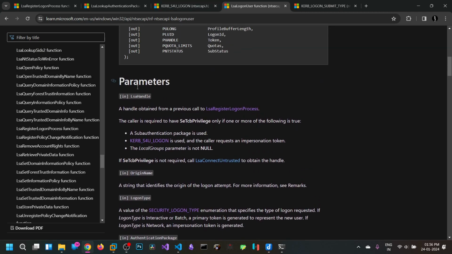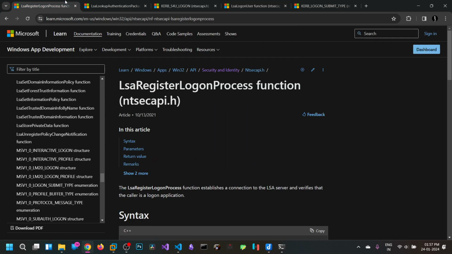And here the documentation also says that the caller is required to have SeTCB privilege only if one or more of the following is true: KerbS4ULogon is used, or the caller requests an impersonation token. That's what we are going to do here. Before that we need to register ourselves as a logon process, so we will be running our whole process